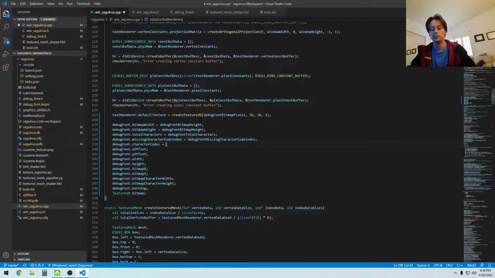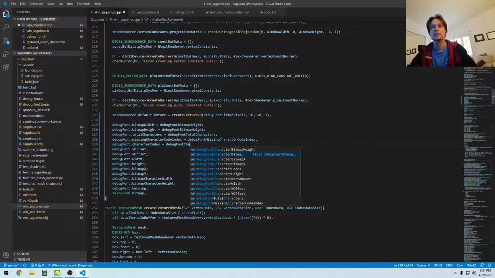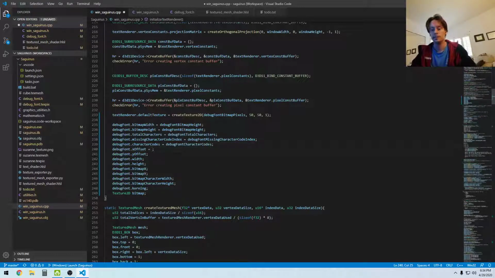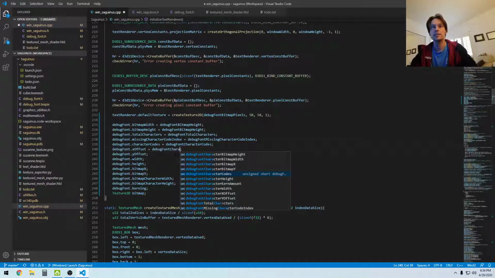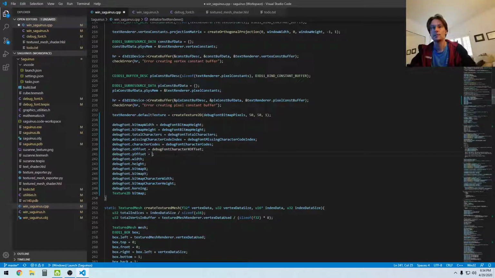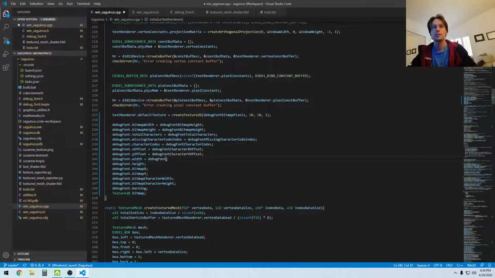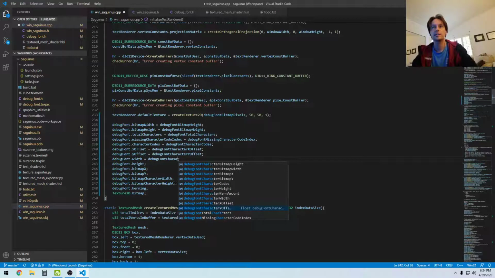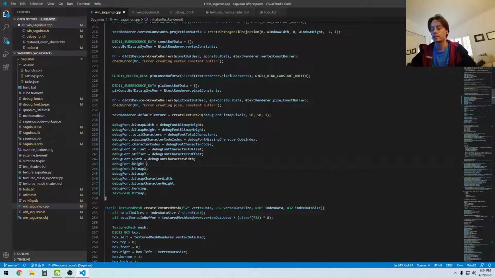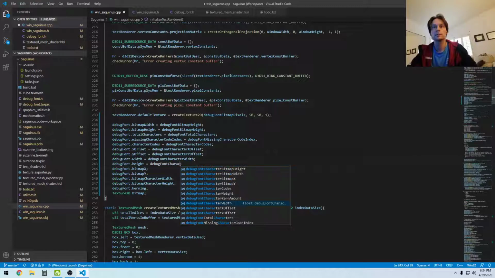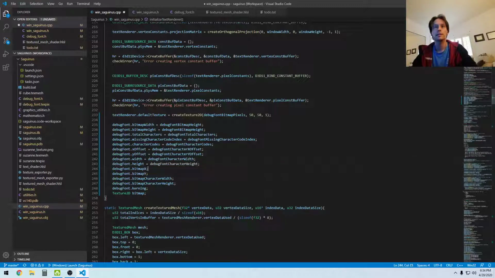That's equal to the debug fonts. Character codes, and that's equal to the debug font character X offset, debug font character Y offset, debug font character width, debug font character height. That's the debug font